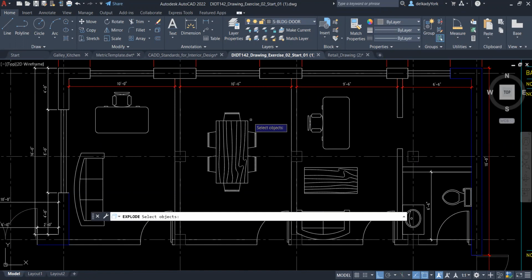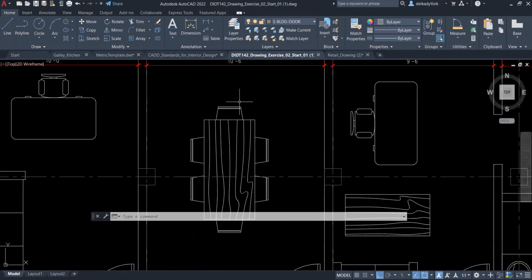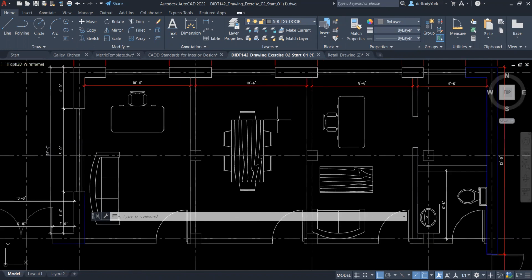So I'm just going to select those objects here. And once I select them, it's going to say, do you want to explode selected objects? I'm going to click enter on my keyboard. Now I have all of those elements ungrouped, or unblocked, or exploded, so I can select them